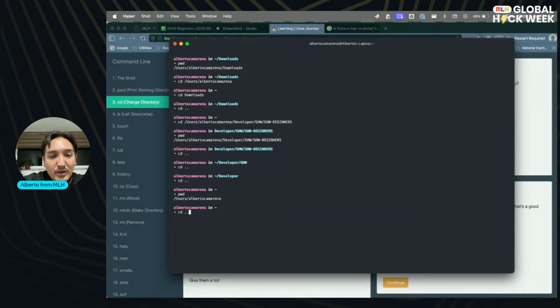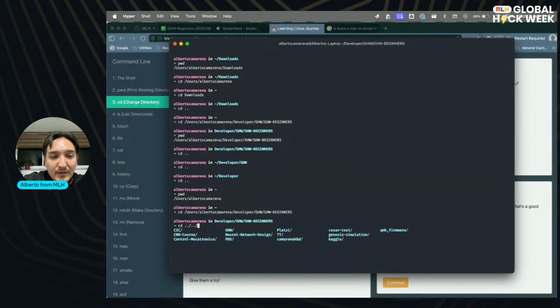Let's move once again to this specific folder. Well, let's do this with relative paths. One ahead, one other ahead. Now I was in Global Hack Week beginners. Now I am in Global Hack Week. I am developer. Now I am in Alberto Camarena. And now here